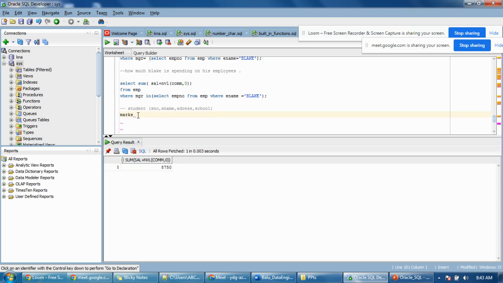Next, the marks table contains student number, subject, and marks, MK. Like that, we have three columns in the marks table. The subjects will be maths, accounting, commerce,